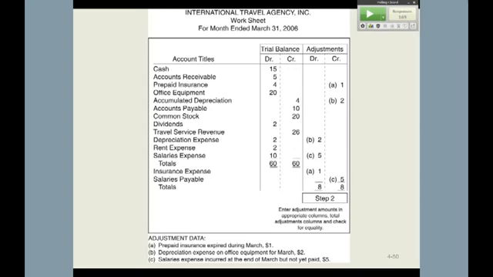And finally, you've got salary expense that's accrued. You have to debit salary expense and credit salaries payable. Now you notice 2 things. If you look at our original unadjusted trial balance, you did not have insurance expense and you did not have the salaries payable. So the adjustment process will result in opening up additional accounts, even if there's 0 balance accounts before you started.